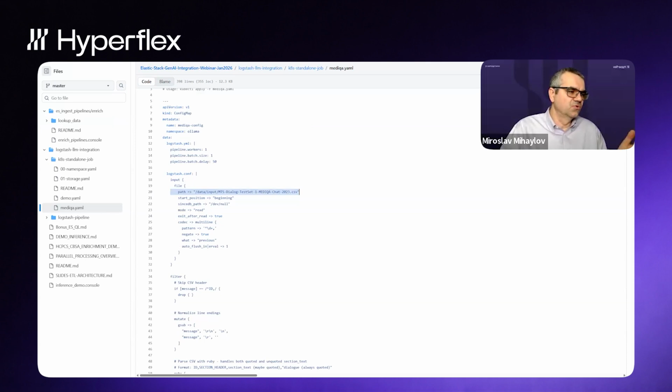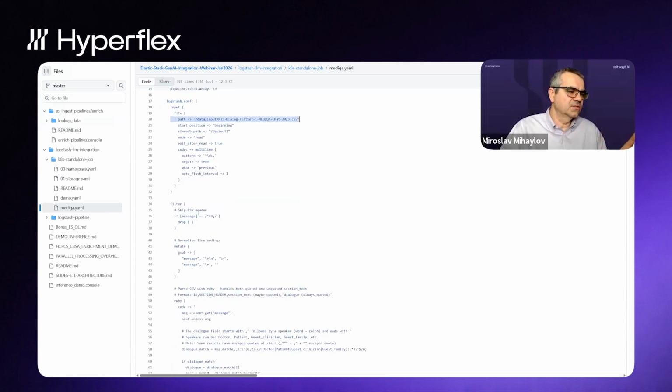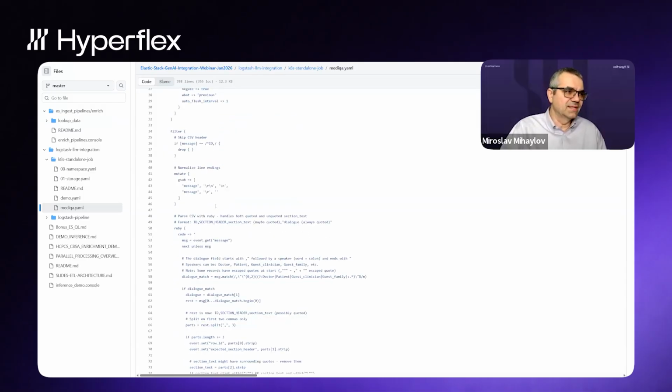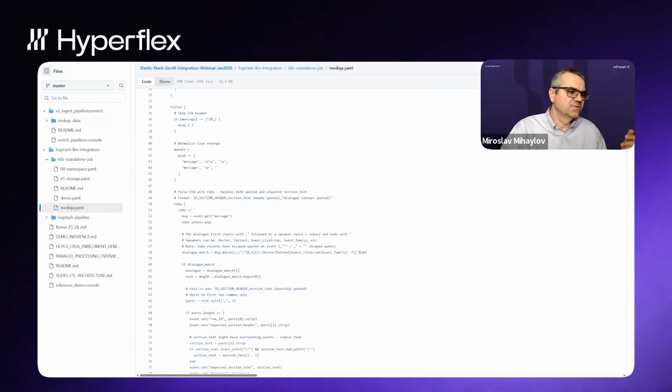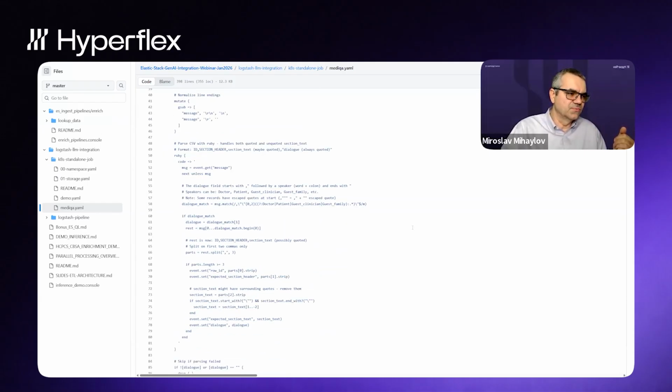And it is multi-line parsing, and I tried first to create this with native Logstash filters. Unfortunately, this CSV has all sorts of not irregularities, but inconsistencies. So Ruby was the easiest way to really parse this multi-line, because there was a double quote, triple quote, without quote, multi-line, different carriage returns. So I had to go with Ruby to be able to successfully parse all the 200 records in this demo dataset.